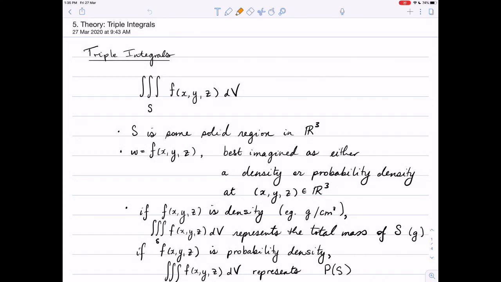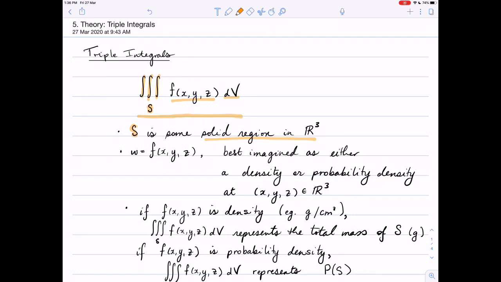In this video, we're going to look a little bit at triple integrals and how they're evaluated. So the first thing is to look at the symbols that are involved. We're looking at the triple integral, which makes sense: 1, 2, 3 integrals over S. And S here is some solid region in R3. So over a solid of a function f of x, y, z,